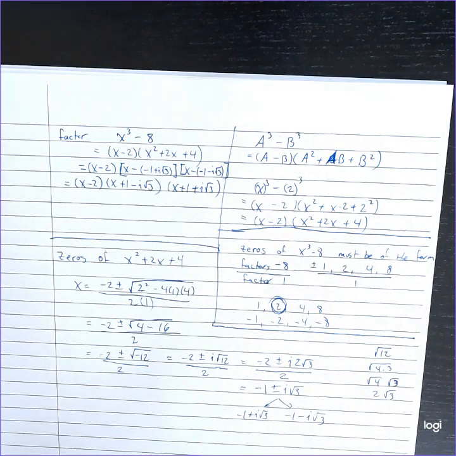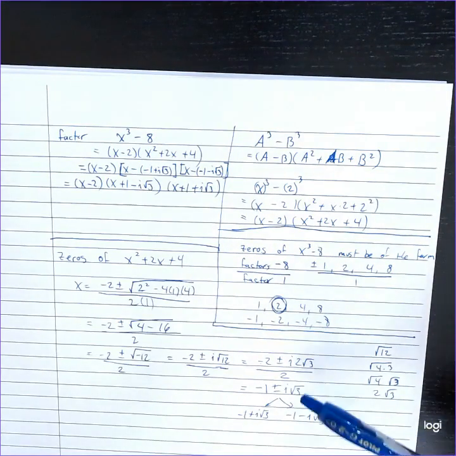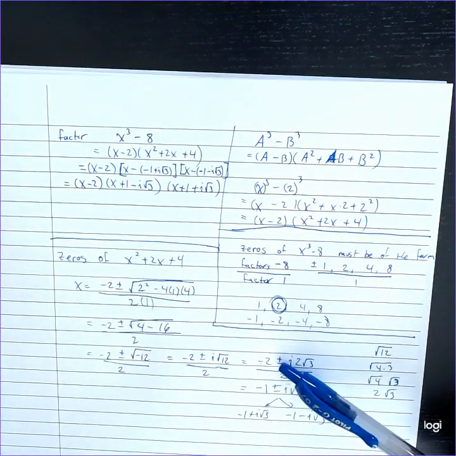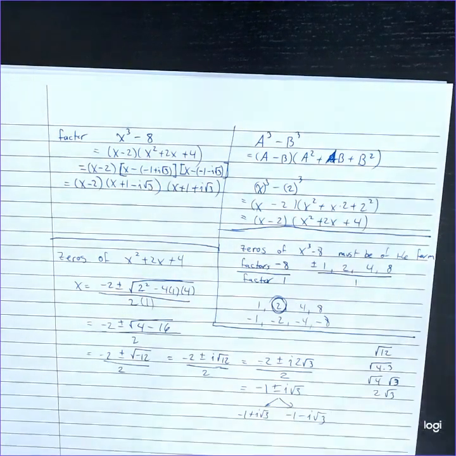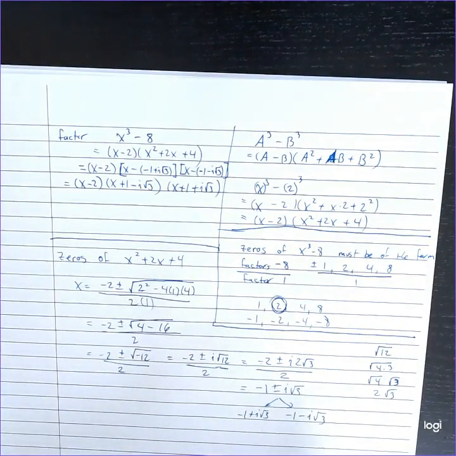There is one other thing to notice about this example, and that's that these two zeros are almost exactly the same. Negative 1 plus i root 3 and negative 1 minus i root 3. And you say, well, sure, they came from the quadratic formula. The quadratic formula gives me two answers that are the same, except one's a plus and one's a minus. What that brings us to is another theorem, though. Because anytime we have a complex solution,